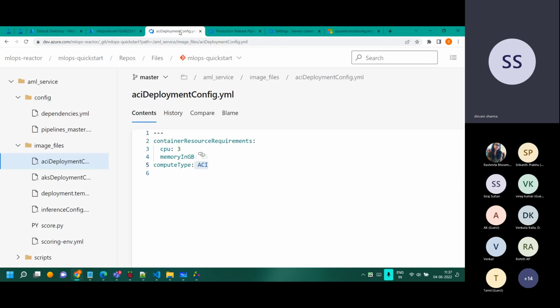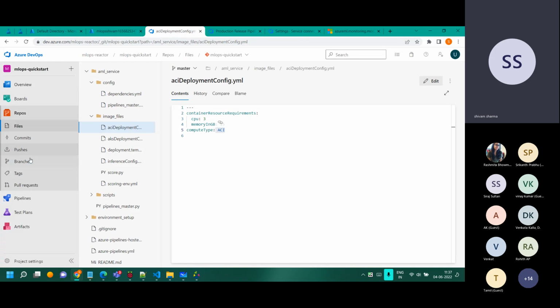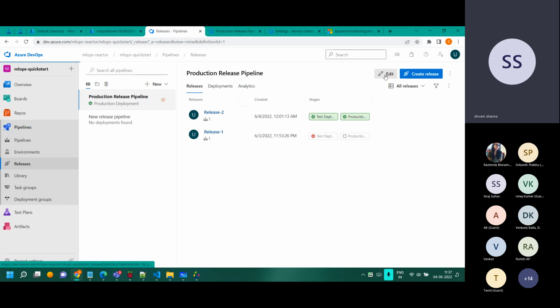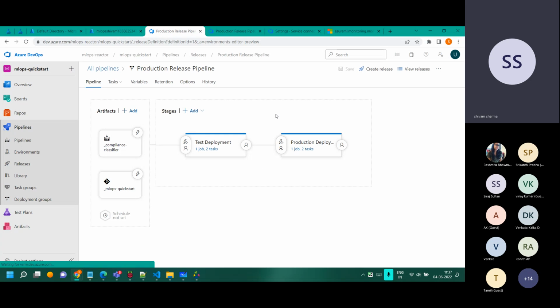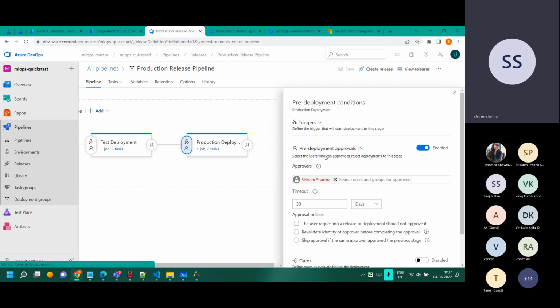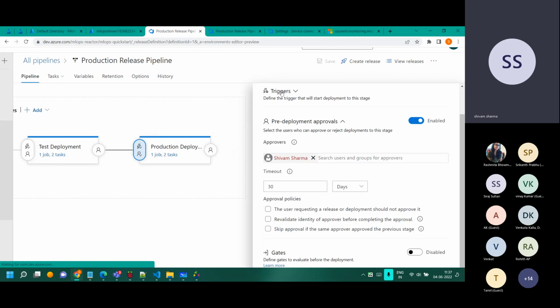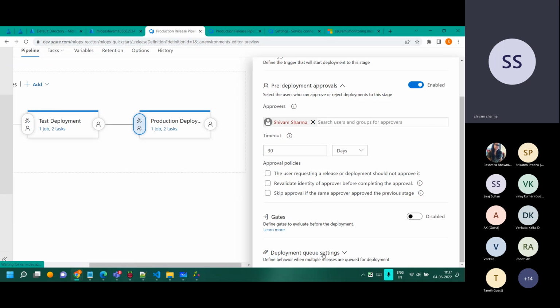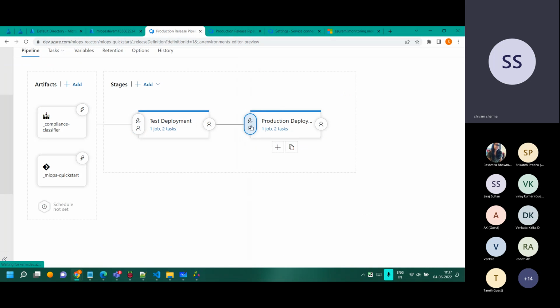If I take you back to the MLOps pipeline, to the release one, the one which I have here, we'll click on edit again. You basically need to click on this option over here, and now you can do all types of things here. You can have different triggers for what will trigger it. You can have a human pre-deployment approval as well. I have given my email ID there. When the email goes to me, I click on the email, and then it further executes from this point onwards. There is a timeout for that, and you can have other settings as well in this step.